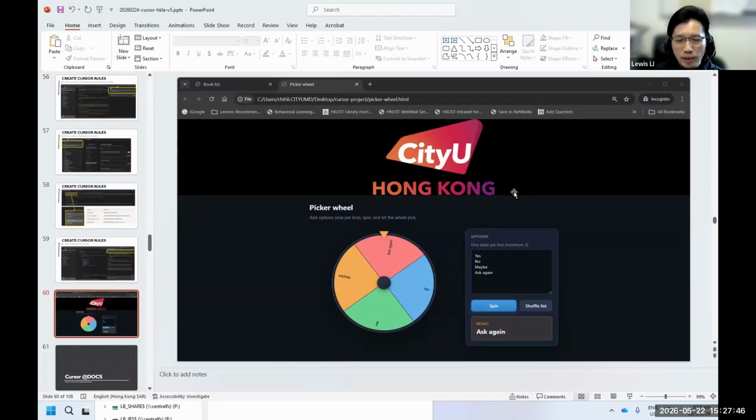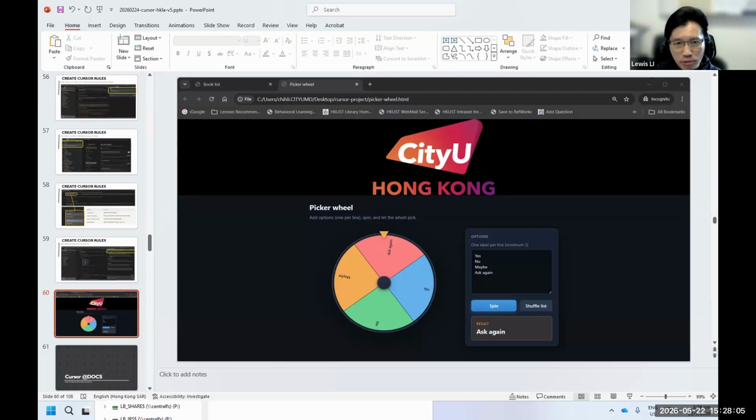Whenever the cursor creates an HTML page, it should automatically include the CTU logo at the top of the page. This is the rule I want to create to instruct the cursor to do this.